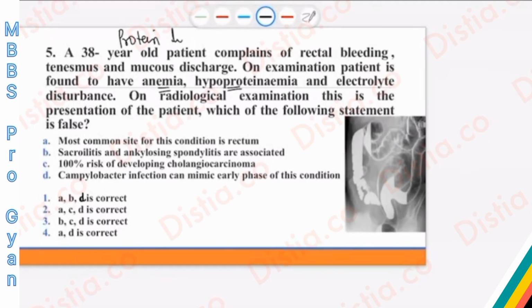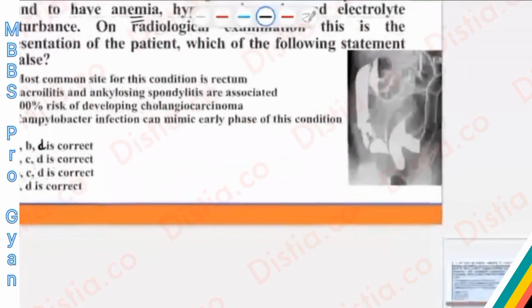So from this particular description, I am understanding that whatever condition we are going to diagnose in this patient has to be from the list of those conditions which have a protein losing enteropathy. In fact, there's a possibility that he's losing so much blood, because he's saying bleeding from the rectum, that even albumin is being lost. Hypoalbuminemia explains the hypoproteinemia component, and obviously loose stools can contribute to weakness because of the hypokalemia component coming in.